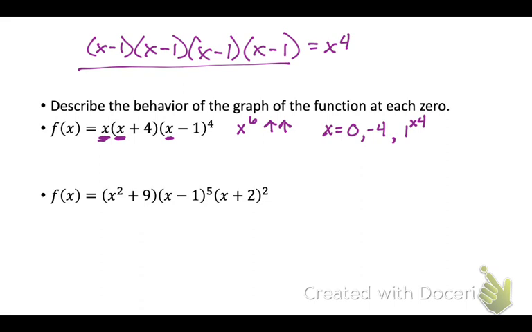Okay, it says describe what happens. What's going to happen at the 0? It's going to go through it. What's the multiplicity of 0? 1. So it's going to go through. And -4 goes through too, because it's a 1. And at 1, it's going to bounce. Why? Because there's a times 4, it's even. So this graph, if I sketched it, would be